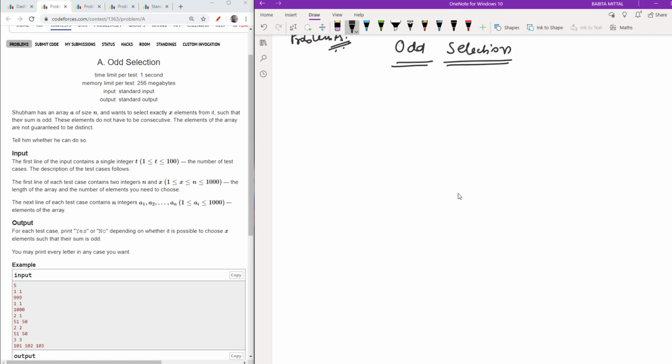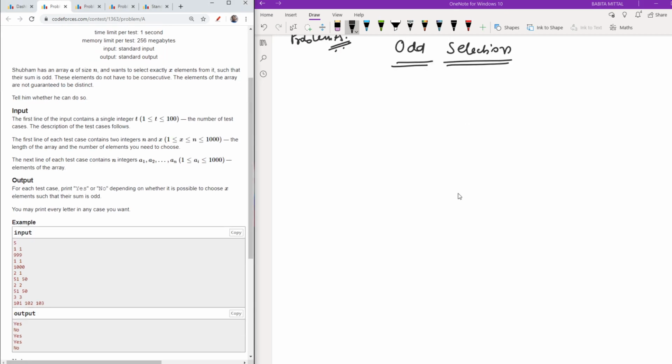The problem says that you have n elements, and we also have x.